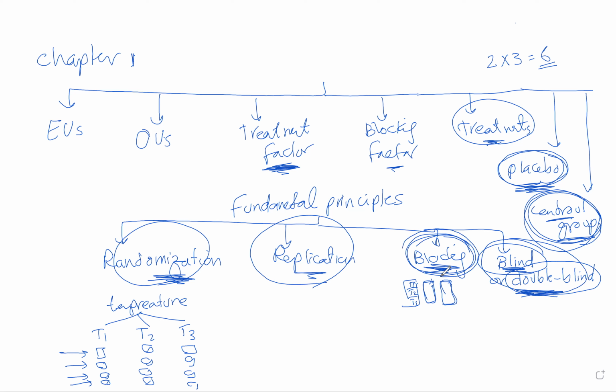If you have some confounding variable, include it as a blocking factor. But sometimes there is no confounding variable, so it's fine. For the blind and double blind, sometimes I'm able to make all the treatments similar, but sometimes you will not be able to do it. So for these two, if you are able to do them, it's fine. If you are not able, it's fine. But these two, randomization and replication, you have to have in your experiment. So it will be a good experiment.